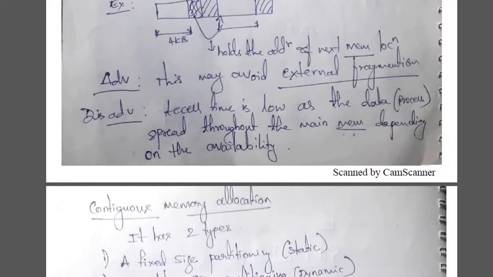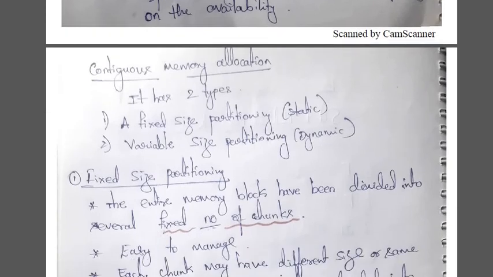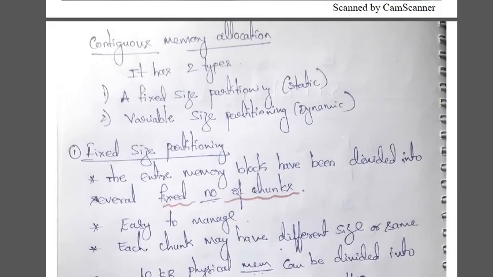So now these are the basic introduction about the contiguous memory allocation and non-contiguous memory allocation. Now in the contiguous memory allocation, what are the methods, the types that are available, and on each type, what are the algorithms that are available in order to allocate the processes in the available memory, we will see in the coming videos.